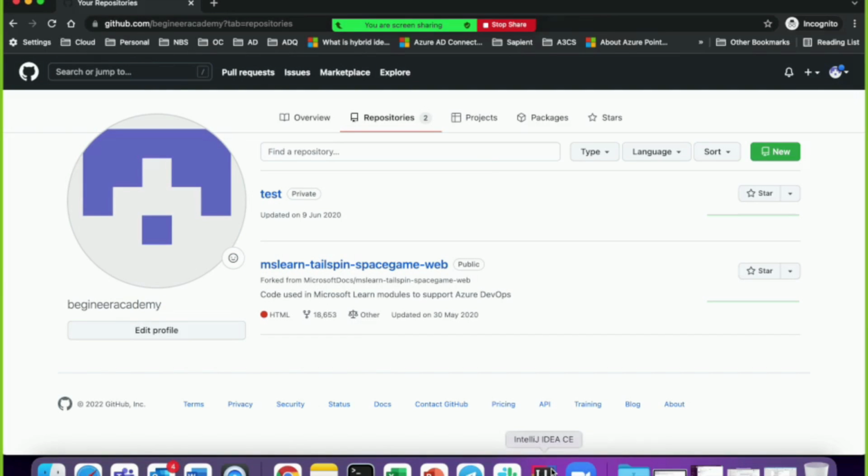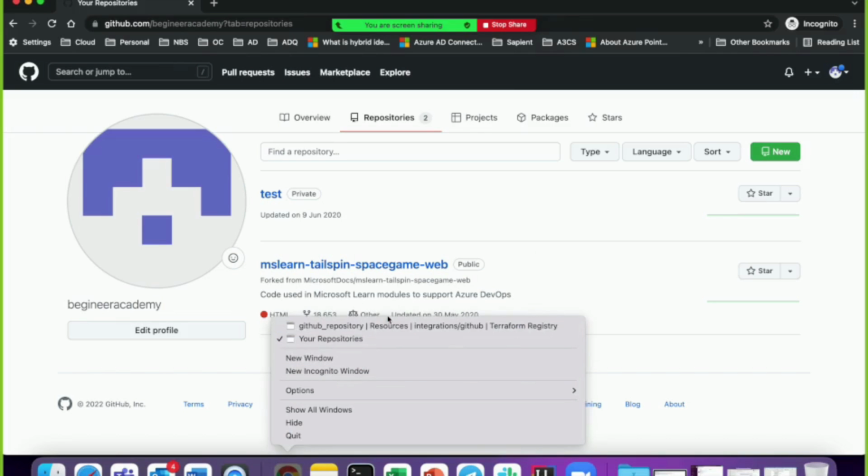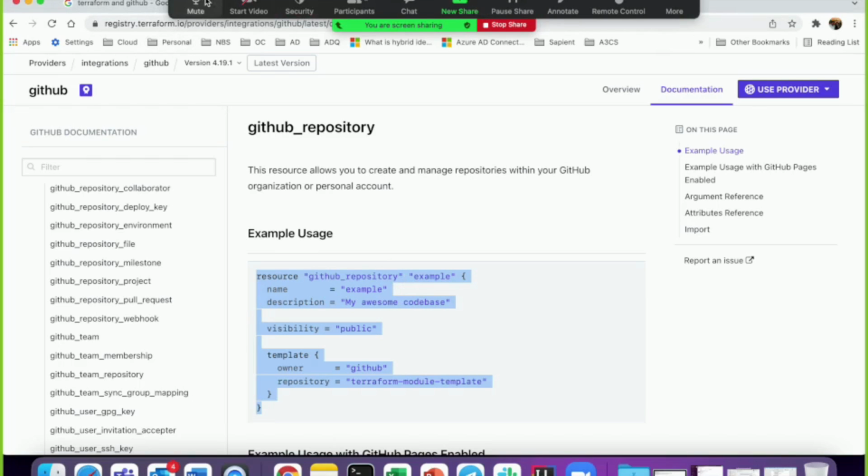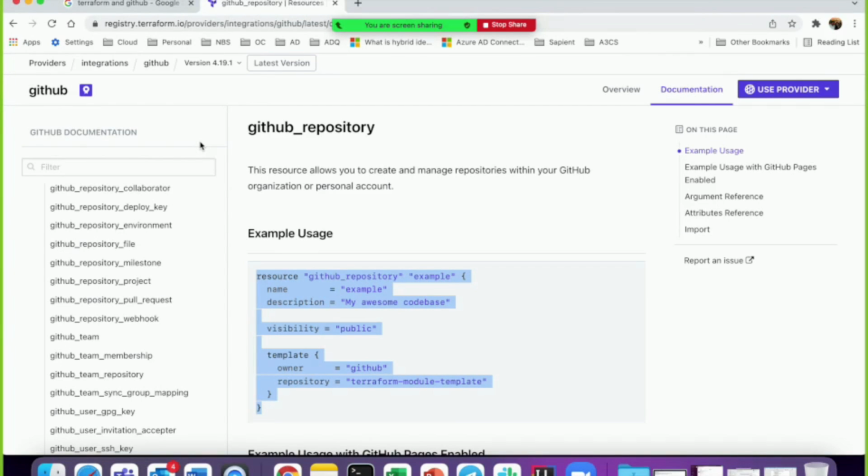Okay, so this is the example of Terraform using GitHub. Like GitHub, there are many providers, so you can use all the providers like this. I've shown you how exactly you can work, right? Tomorrow if someone asks you to work on a particular provider, you should be able to search it and know about it, right?